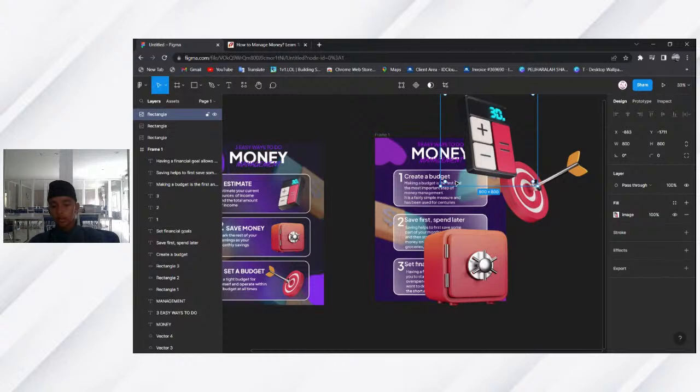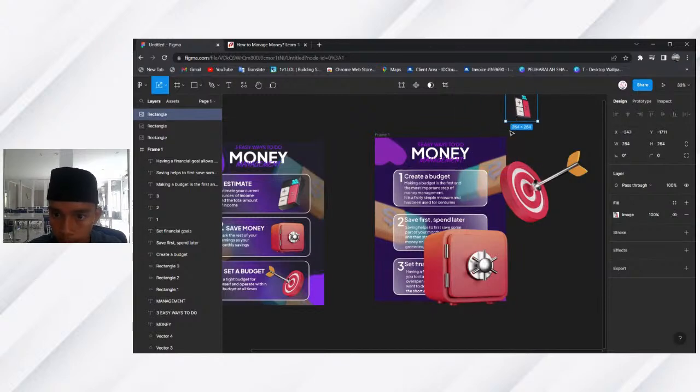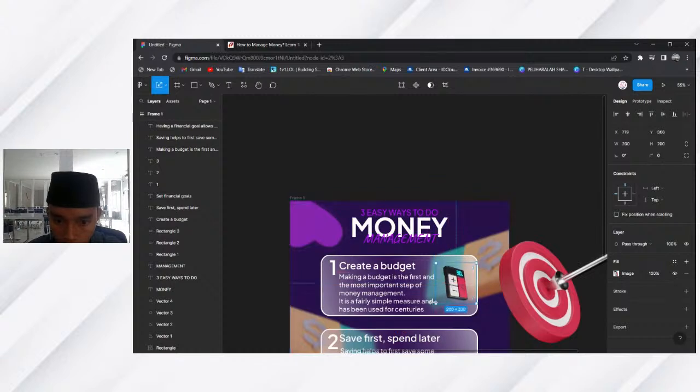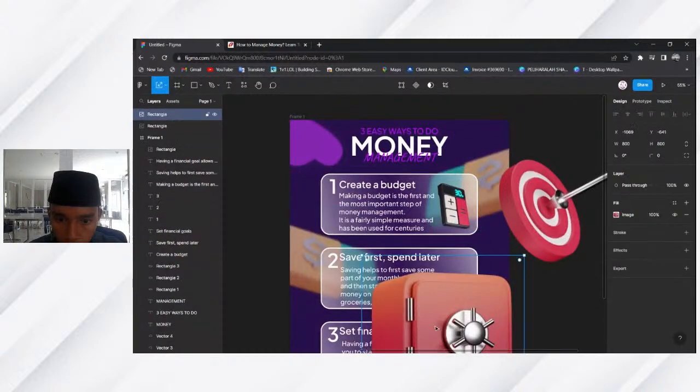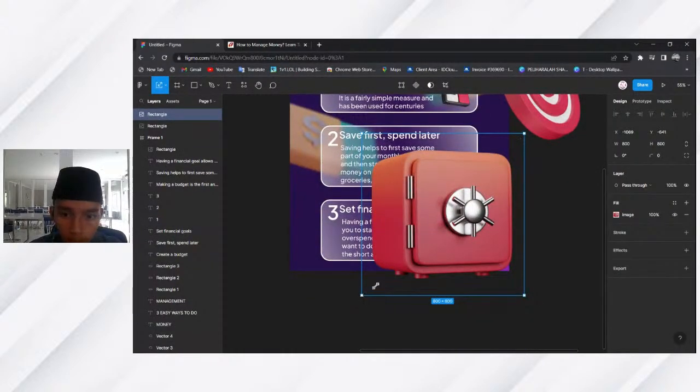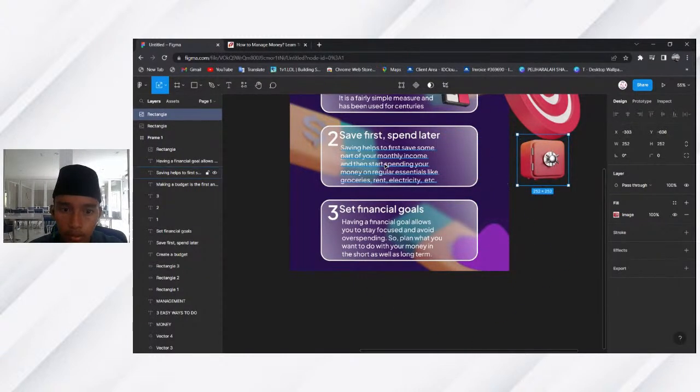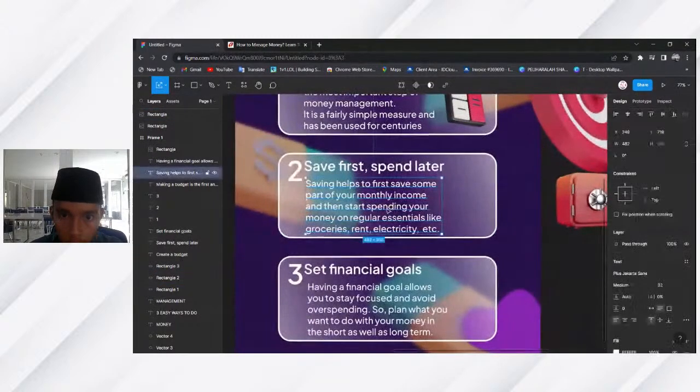So for scale, now press K to scale things, and now just do this. So the scaling will be the same. Just put it inside here, and you guys can rescale this. And for the save, do the same thing, make it a little bit smaller and put it over.